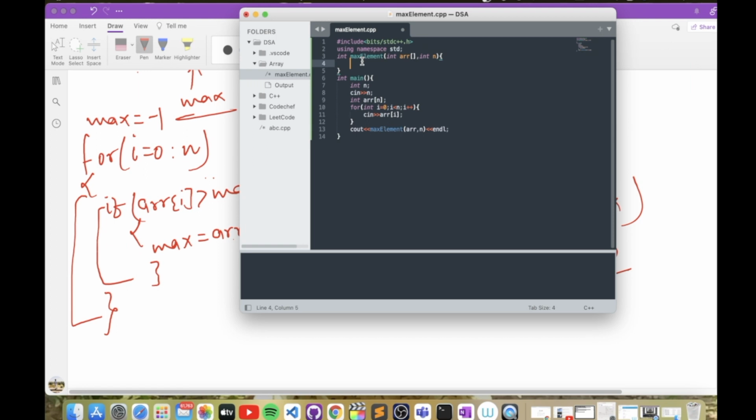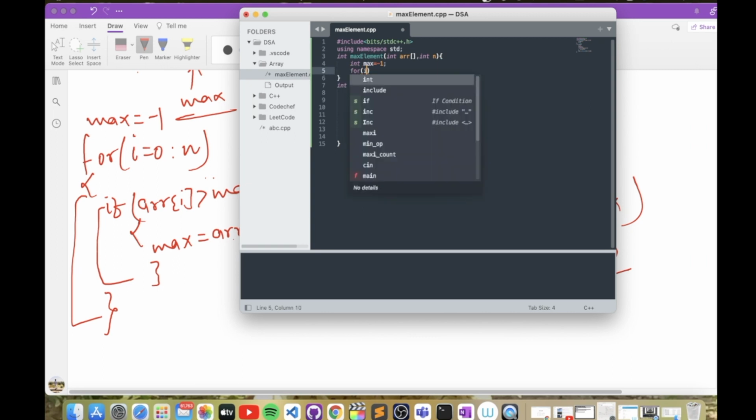Here you can see we have already taken the input part, and I have made a function, maxElement, with the arguments array and the size of the array. So let's see the implementation. What are all the requirements? We have to take a variable max with the initialization of -1, and now start the traversal.